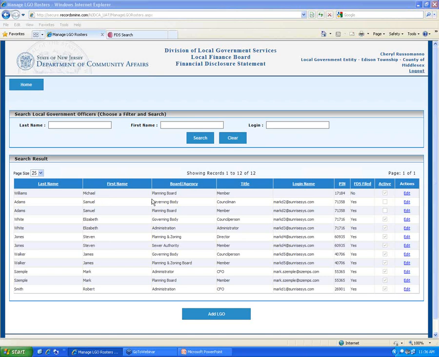Next question, it says, for future releases of the system, please consider an option where the PIN number is emailed directly to the LGO once generated by the system. Denise, one of the reasons why we're not doing that, just so you're aware, is that would force you to obtain the email address of that individual, which then becomes a field that we think would be something that can be OPRA'd, because you're now maintaining an email address of individuals within the system.